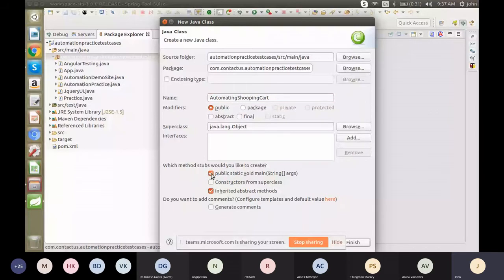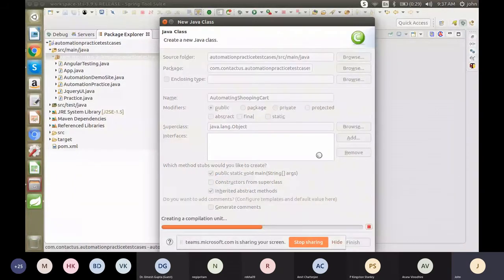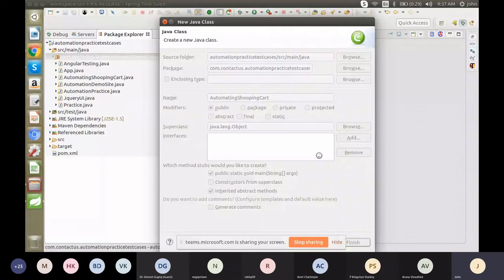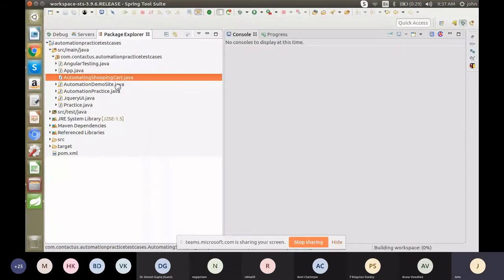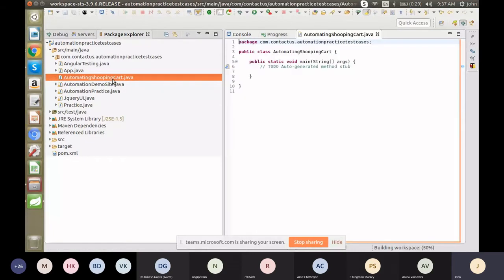Yeah. So it will create a new Java class. In this Java class, we will write some scripts for automating that site. So this is a class and this is our main method.